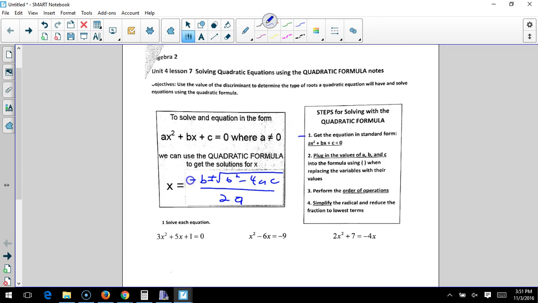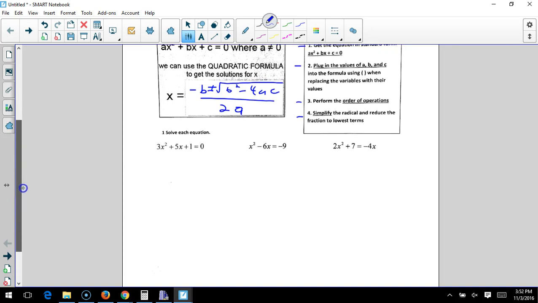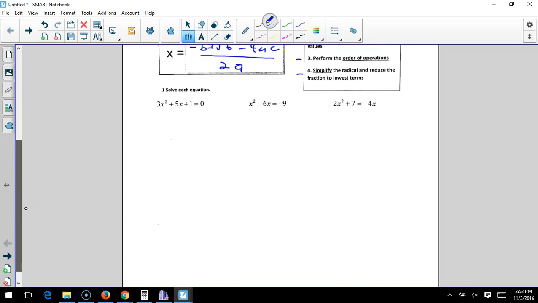Well, first step, get into standard form. Then we take those a's, b's, and c's and plug them into this formula. We crunch the numbers using the order of operations, and then simplify the radical and reduce the fraction to the lowest terms. So we're trying to take it as simple as we can. So we're going to do each of these with the quadratic formula. So first off, we want to identify